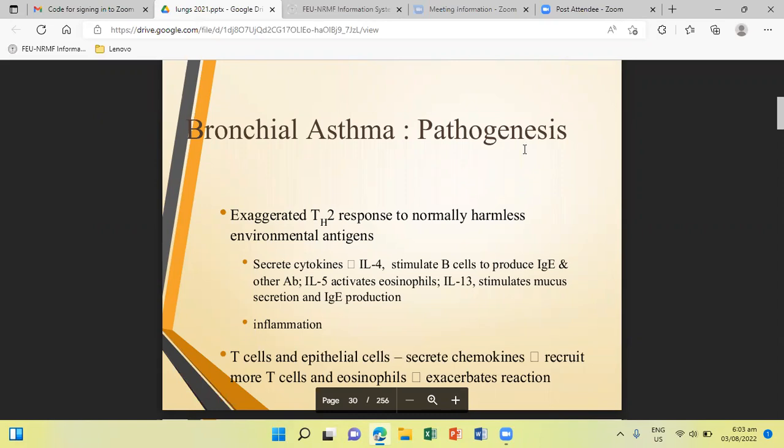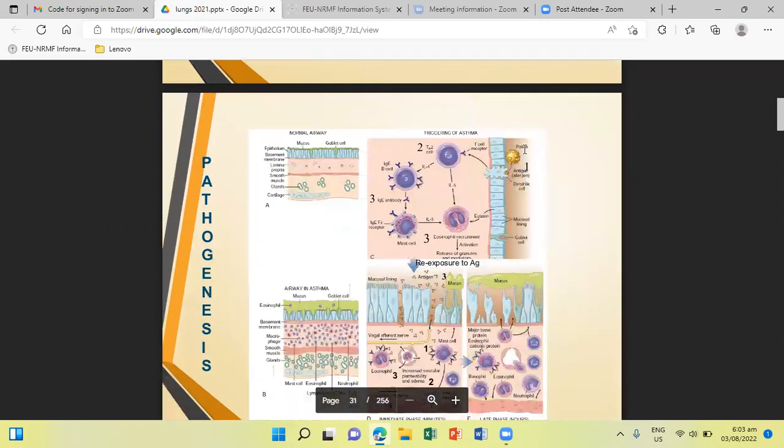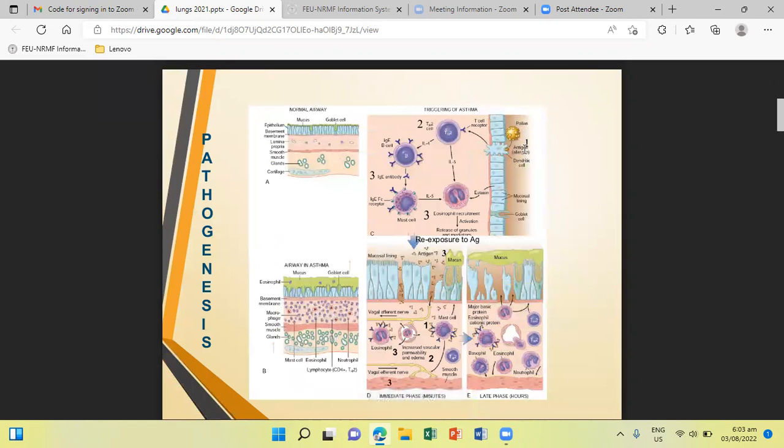As the disease becomes severe, there is increased local secretion of growth factors. It then induces mucus gland hypertrophy, smooth muscle proliferation, angiogenesis, fibrosis, and even nerve proliferation. So if we're going to talk again about the pathophysiology, this table is a comparison of a normal airway and that of a patient with asthma.